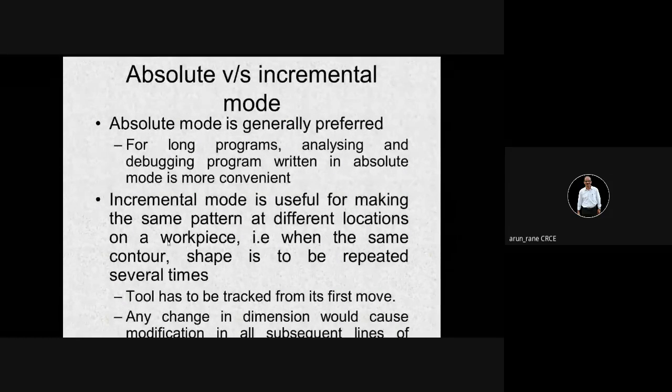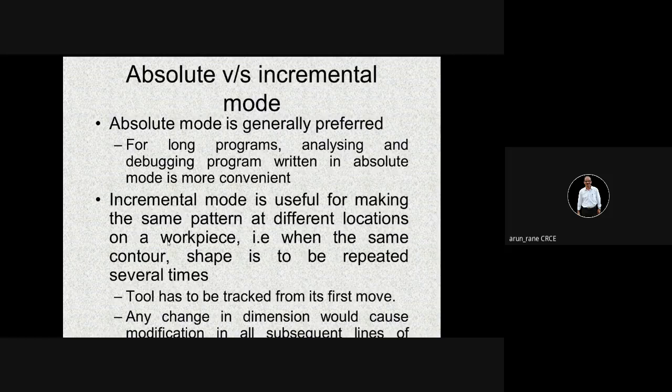Then the fifth point: absolute code is generally safe, whereas with incremental there are chances of error in programming, in giving the dimensions. So generally, you should follow the absolute system, which is safe, because you have to do the programming in a safe way. So these were some special features that we discussed. We have discussed the CNC principles and the special features of the CNC machines.